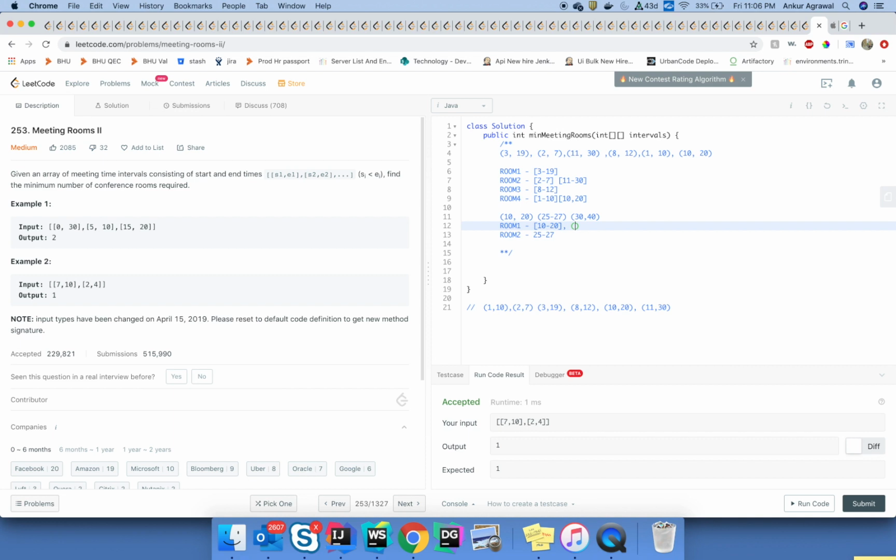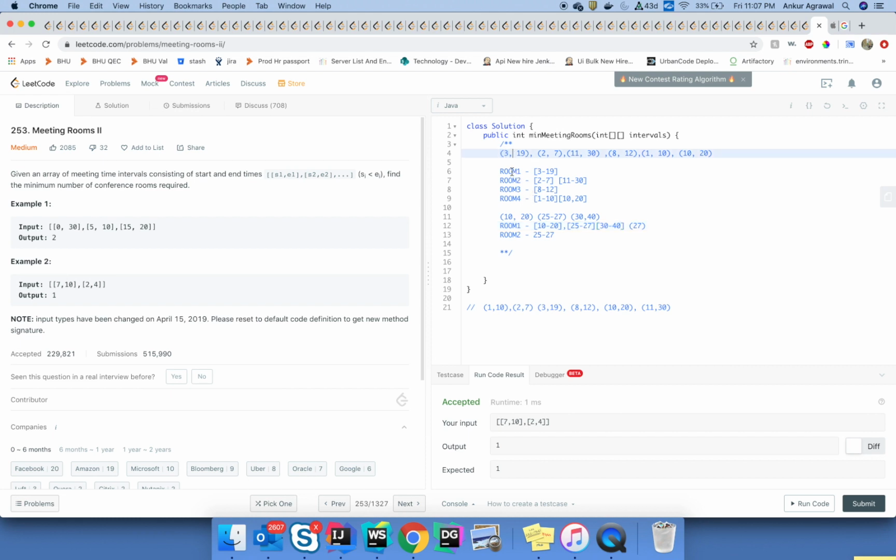and then you say this room is available from 20, then you look at the next input and you say, okay, this meeting is starting at 25, which is later than the time my room is available. So I will add this meeting and then update the availability time to 27. And then I look at the last meeting, which is 30 to 40, and then add that as well. So that is why it is very critical to sort this array in the increasing order of their start time